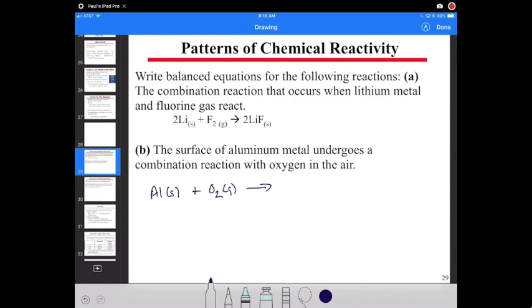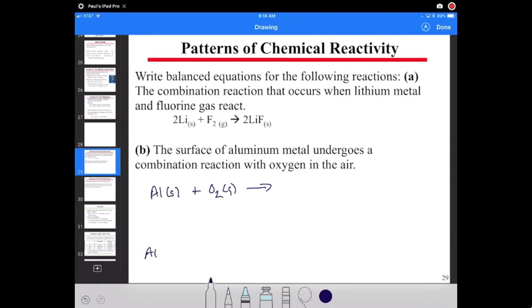I said combination. So when these 2 things react, they will form a compound. All right, this is where you need to work a little bit on scratch paper and not write it at the end because you're going to confuse yourself. But I know you're not going to follow this, but I'm going to tell you anyway. Right over somewhere else,